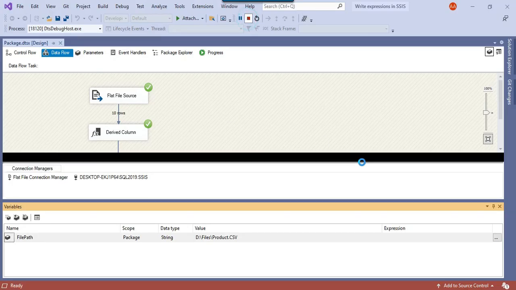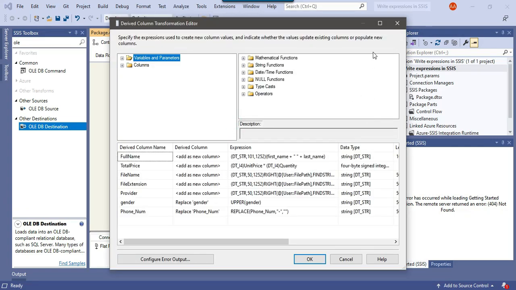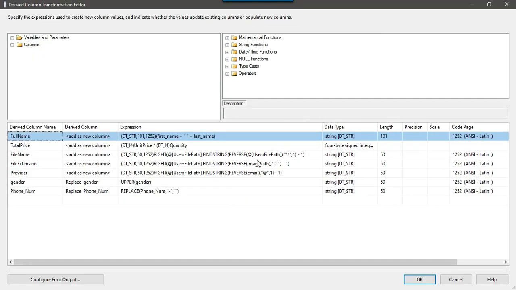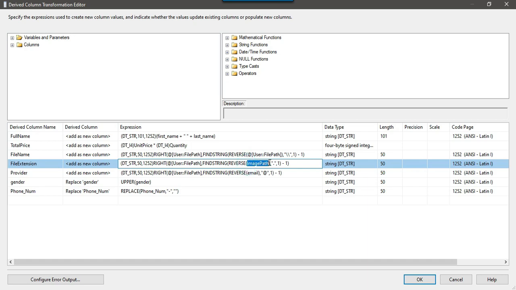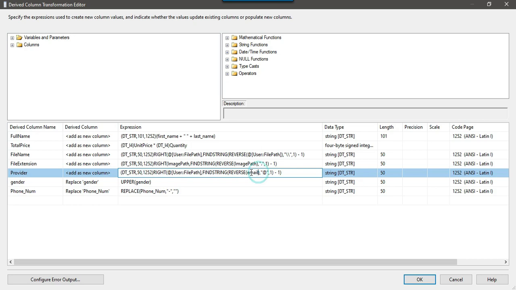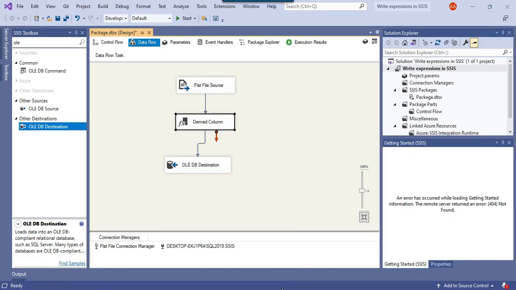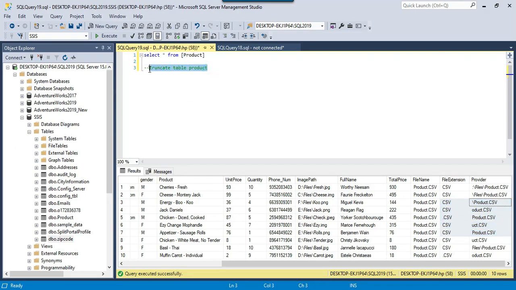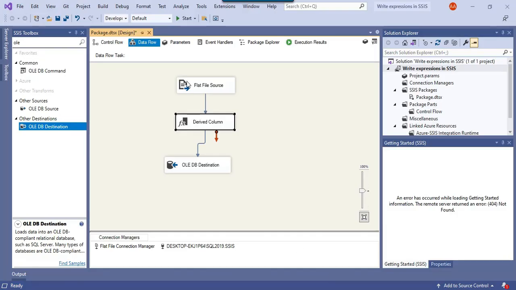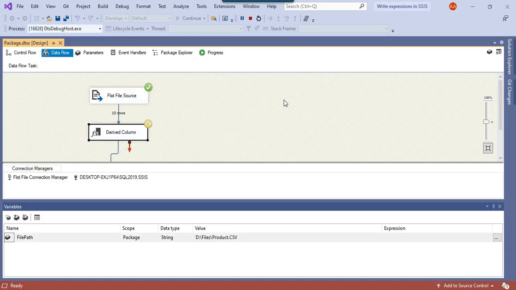Okay, so let me see what went wrong here. If you saw here, for example, we use the image path here, however we have not used the image path here, so we need to use the image path at both places because we want to get the values from the image path. Similarly, if you are using the email here, we need to use the email here as well. Okay, so I think now this seems good. So click OK, and maybe I can just truncate this particular table. Alright, and now let me rerun the SSIS package again.